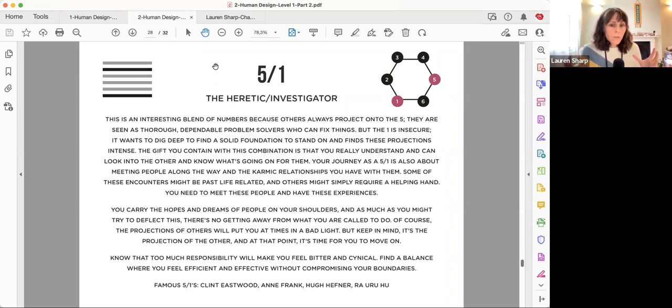And here is also an energy of karmic relationships. The 5-1 energy carries encounters that are often past life related. There's a lot of that energy of working through karmic interactions, meeting people, having certain experiences that lead to change in the course. They will often come into contact with others who will change their direction. They thought they were going this way and they'll end up going that way. Not in a bad way at all.